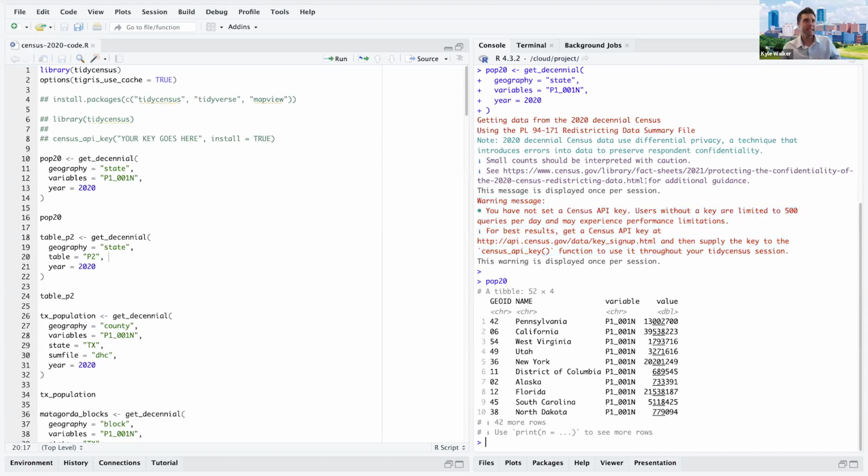So what does this mean? 2020 census data use differential privacy, a technique that introduces errors into data to preserve respondent confidentiality. You're saying, hold on a second. Are you telling me that my data have errors in it? I am telling you that. Now, those errors at the state level for total population, no. That data is very reliable. But as you go down to smaller geographies, what differential privacy does, and we'll jump back to the slides here to talk through it,